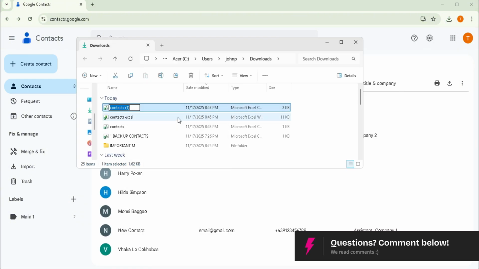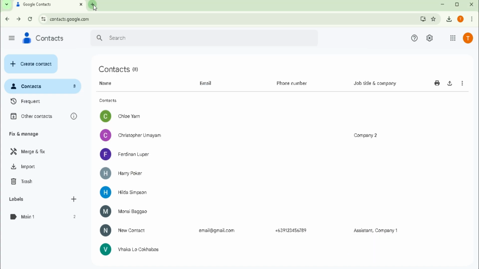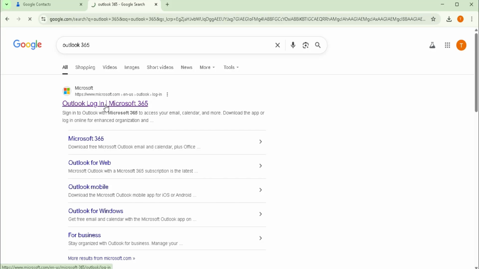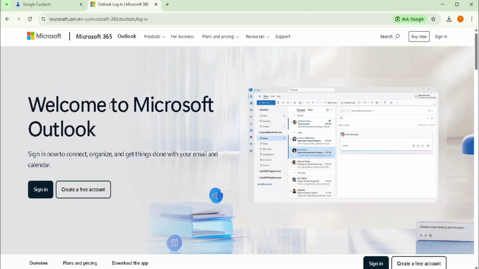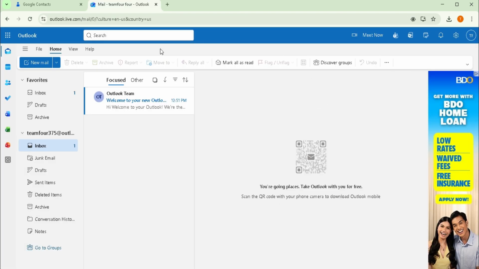Next, save the file to a location and name it so you know where it is and what the name of your file is. Next, open another tab in your browser and search for Outlook 365. Log into your account. Once you are in your Outlook dashboard, click on People on the left farthest menu list,